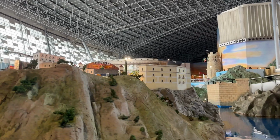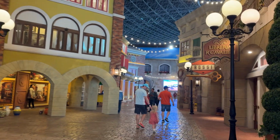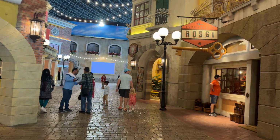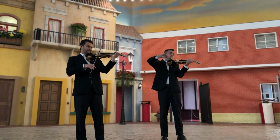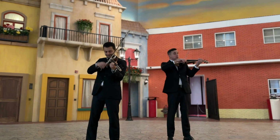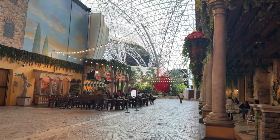If you are looking to see Italy on a larger scale, then next to the Bella Italia ride, you can actually enter a life-size Italian-themed village. This village has realistic architecture. The shop windows are very realistic. There are small corners of the village that are extremely detailed, which made the experience more surreal, and it did feel like you were in Italy. You can actually catch live performances here, much like the musicians you can see in this video. And as you reach the end of the Italian village, there is actually a pizza place waiting for you, which